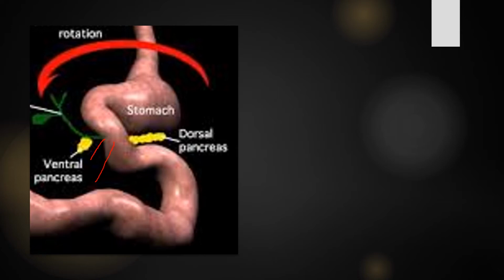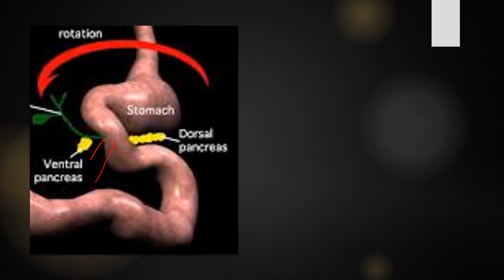Next, coming to the concave margin. In the concave margin, an endodermal outgrowth develops from the foregut, which becomes the entire part of the pancreas except the lower part of the pancreas. This is going to form here in the mesoduodenum. This is what is seen before rotation of the duodenum.